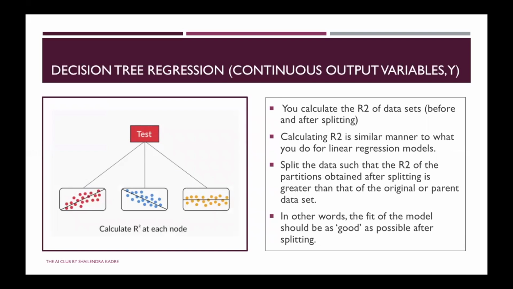Till now we saw that we were using decision tree as a classifier, where the target was a categorical variable, but decision tree can be used for regression use cases also. For such use cases, you calculate the R2 of data sets before and after splitting. So if we want to recollect,